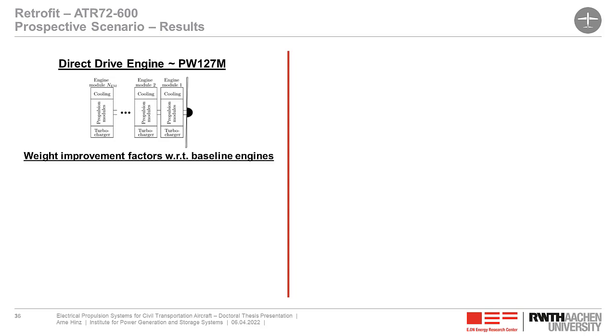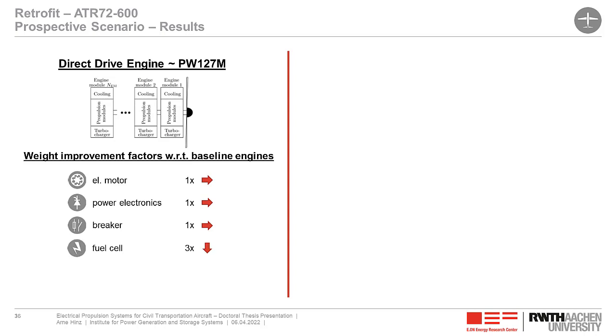With respect to the baseline engines, we have some improvement factors. We can see here that the electrical drivetrain can actually stay the same. We need to improve the fuel cell, as already mentioned, and the turbocharger by a factor of 20. This may sound huge, but we should keep in mind that we operate just at 180 degrees C at maximum. So we can replace the steel with plastics or aluminum, and this, with regard to the density of this material, is already a factor of 4.